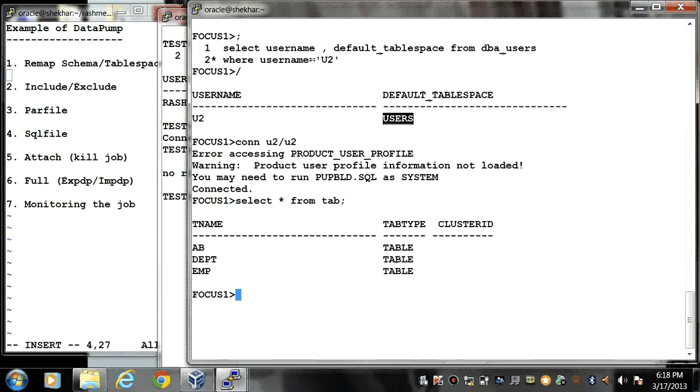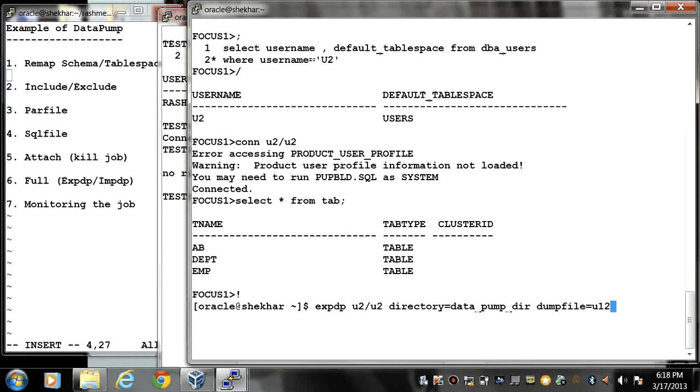First I have to perform the export job: expdp username u2, then the directory clause is equal to data_pump_dir, then dump file is equal to u12.dmp.